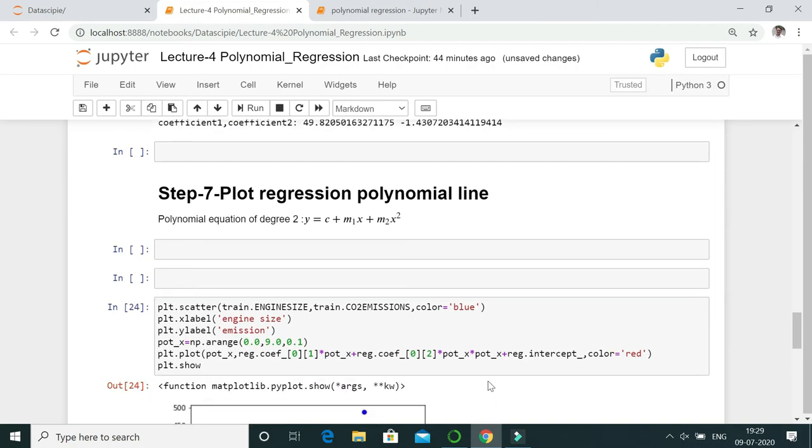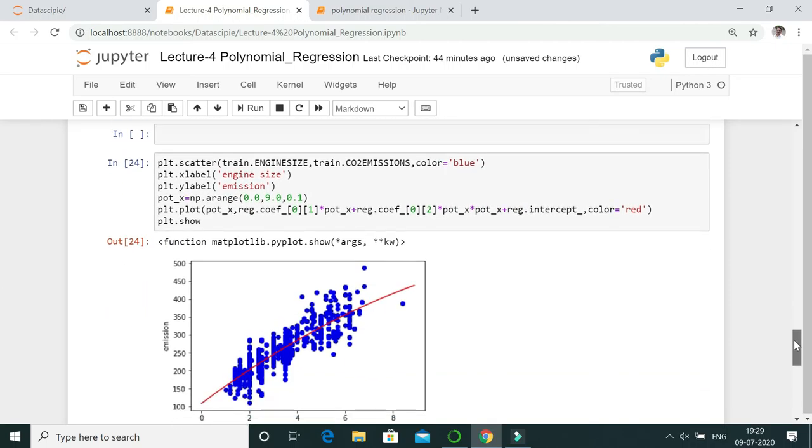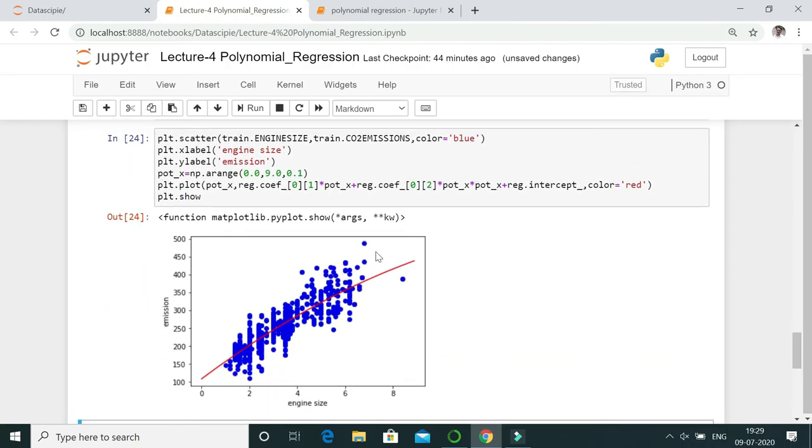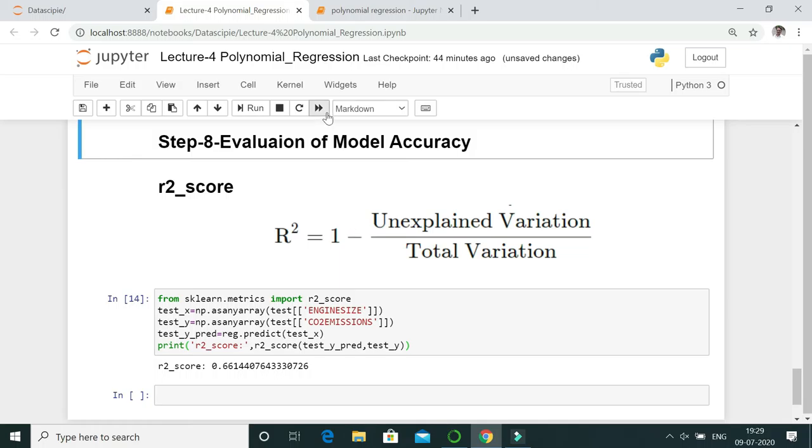So when we execute it, we would get the second degree curve.